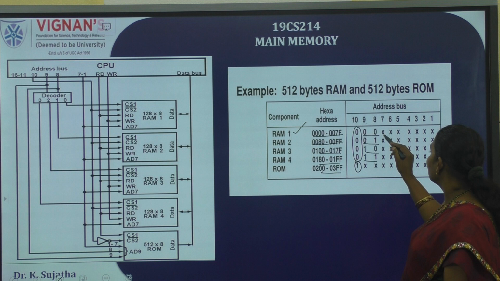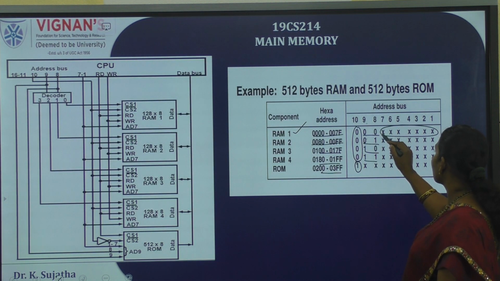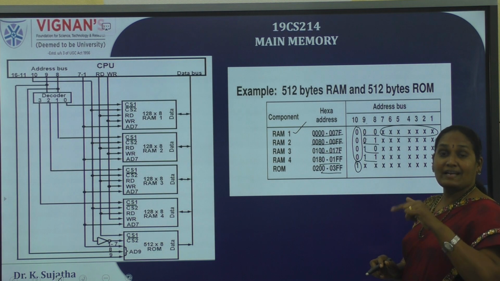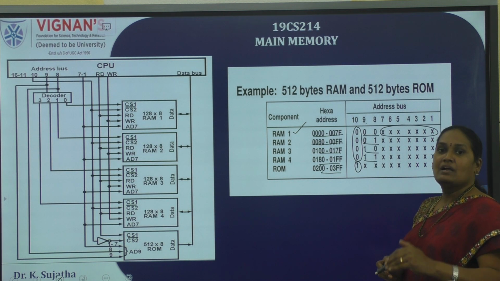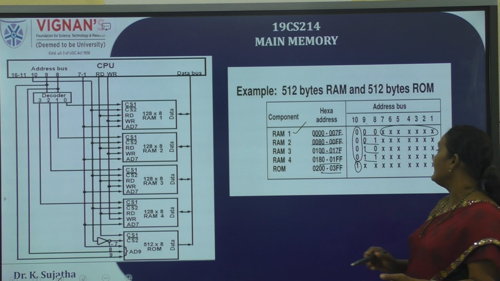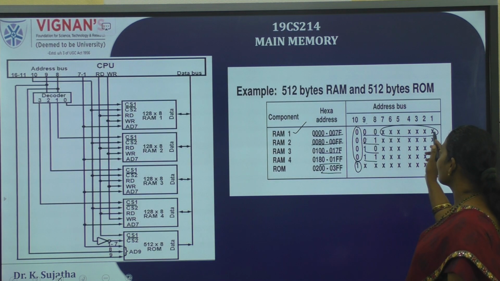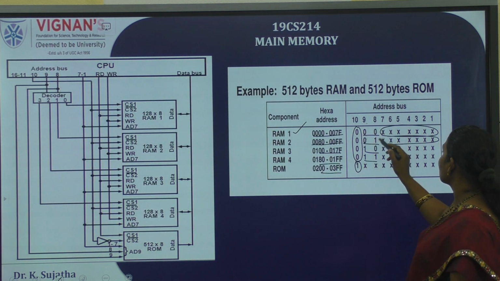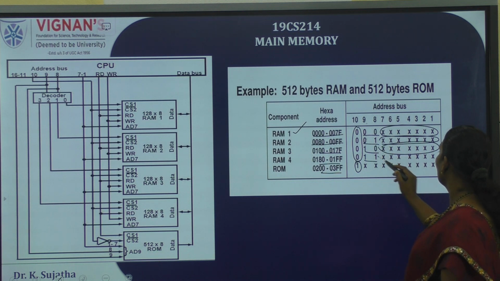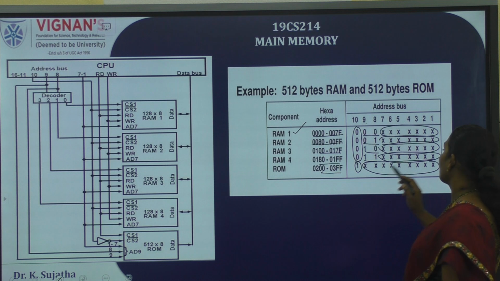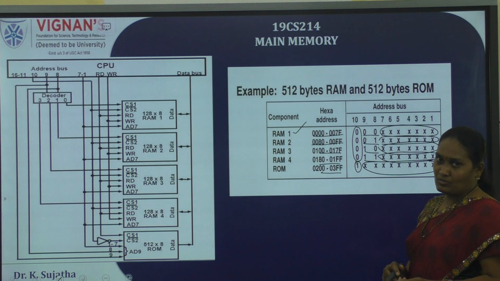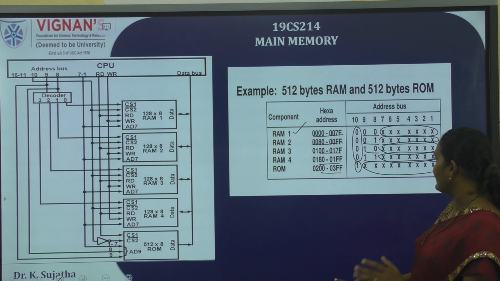And these 7 bits are used for the representation of addresses of RAM 1 locations. So it contains 128 locations. All those locations can be represented by using 7-bit addresses. So all these 7 bits are used for the representation of RAM addresses. All these 9 bits are used for the representation of addresses of ROM locations. So I hope that you all understood.